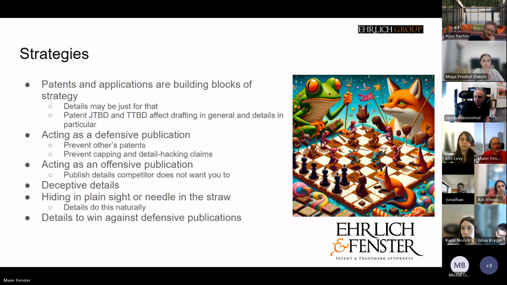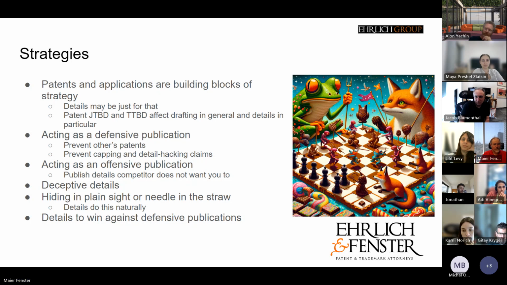I want to prevent my competitor from capping, which I've talked about before, which is when they file a patent for eating a chocolate frog. Okay, I just described the chocolate frog, but they filed a patent on eating a chocolate frog. And the best way to eat a chocolate frog is head first. And my competitor got a patent on it. And now I can show advertisements on YouTube showing how to eat a chocolate frog. So I should have described it in my patent application as a defensive publication, even if I never planned on